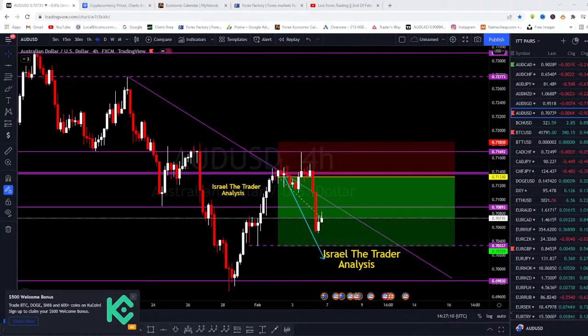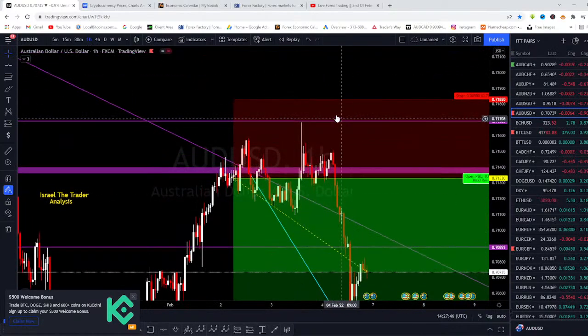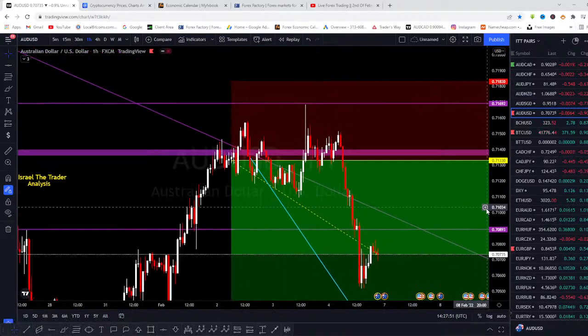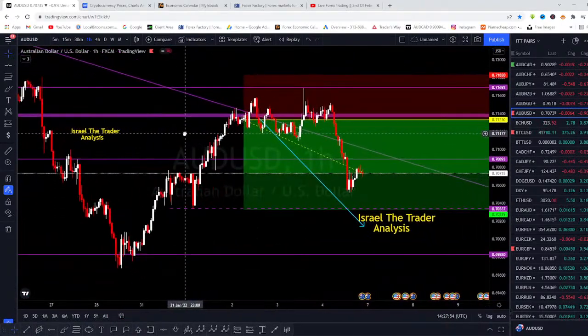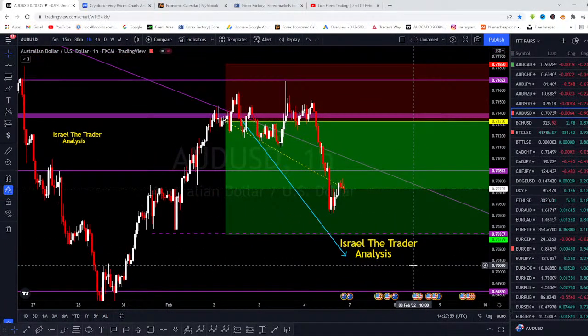So other than that, guys, let's see what we have for the day. Apart from these two analyses that I just showed you guys, let's see what we have on the table for the week. The first thing that we have now is NASDAQ 100. Of course, if you are new to forex trading, definitely I don't recommend you trading NASDAQ 100 because it's very, very, very volatile. So it's not user friendly, especially if you are just starting out in the forex market. You can easily make money, but you can also easily